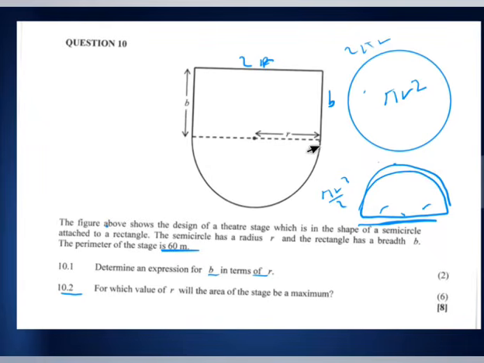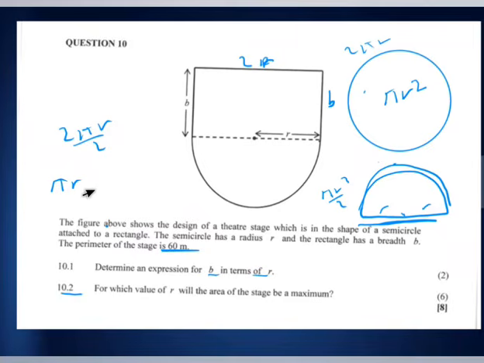This is half of the whole circumference, right? So therefore the circumference, remember, is 2 pi r. So half of the circumference is 2 pi r over 2, which is just simply the same as pi r. So what is the radius? Well, the radius is literally r. So we're going to say